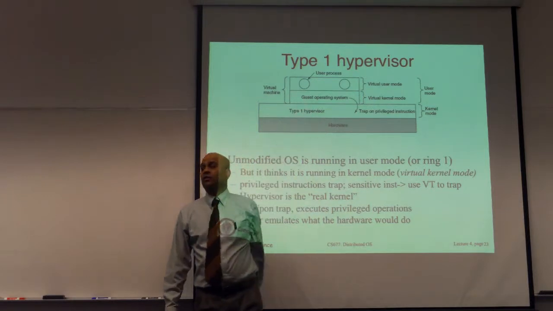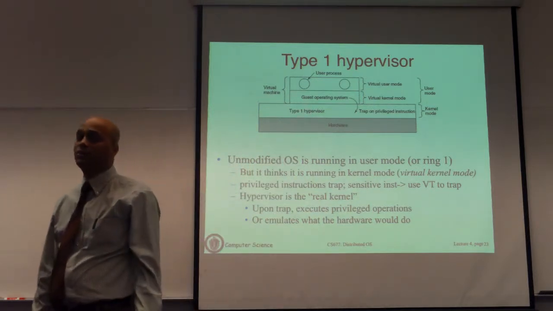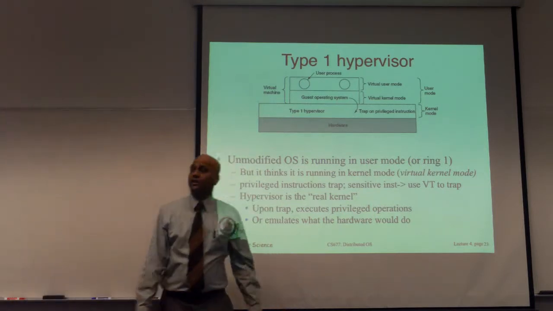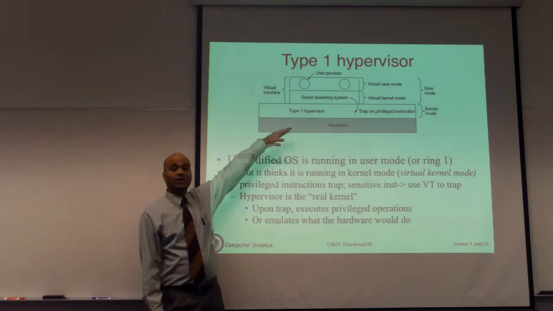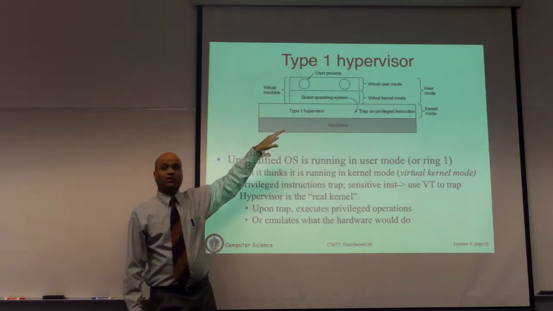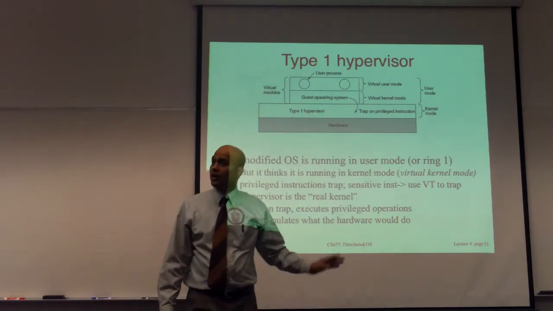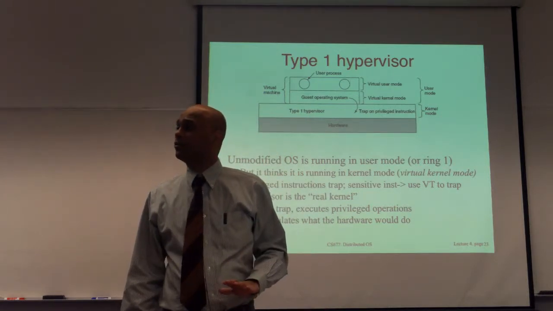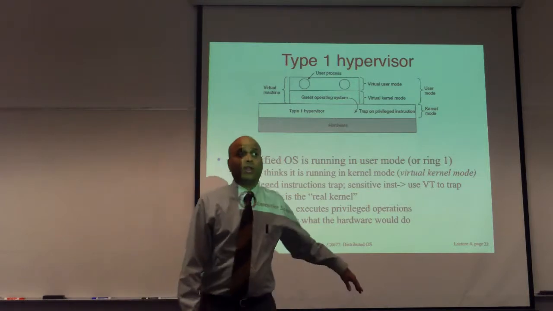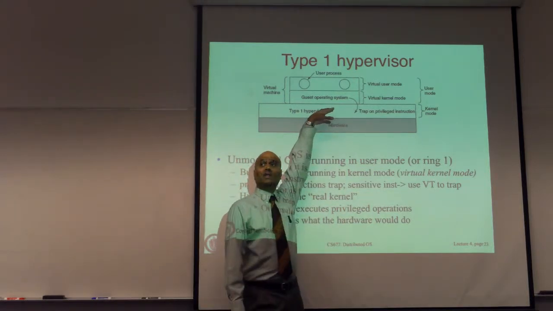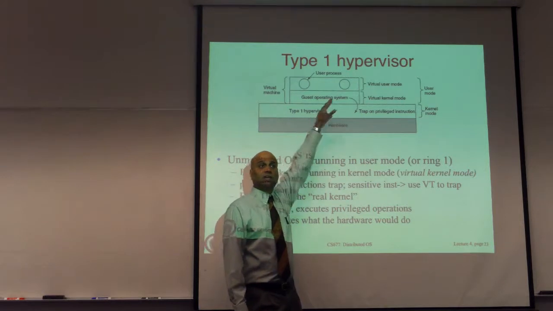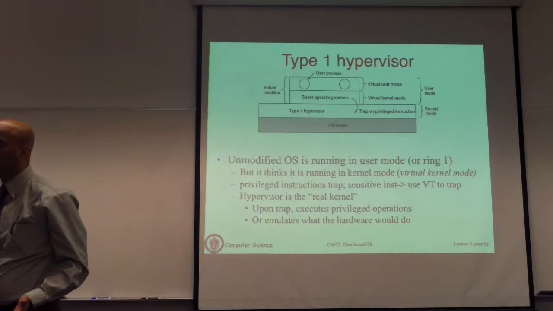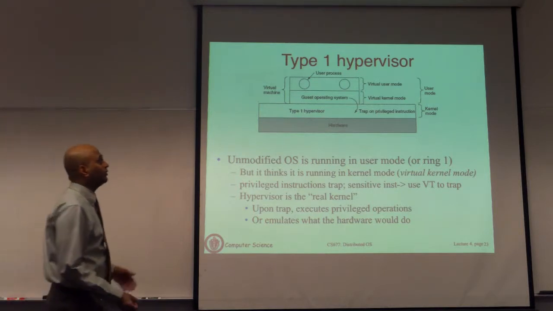There's an OS that actually runs inside the virtual machine, which we call the guest OS. Now, from a guest OS's perspective, it looks like it is actually running on real hardware, but it's running on a virtualization layer. So the OS typically has full control of the hardware. In this case, it doesn't, because the hypervisor is controlling access to underlying hardware resources. So whenever the guest tries to perform any privileged instruction or task that requires hardware access, it will not be allowed to do so directly because it's under the control of the hypervisor.